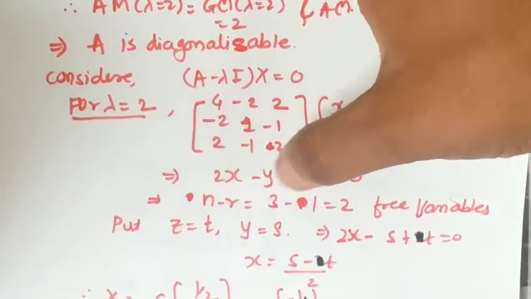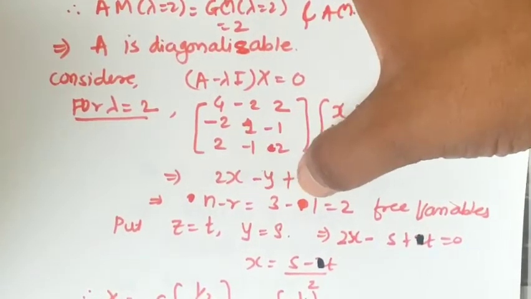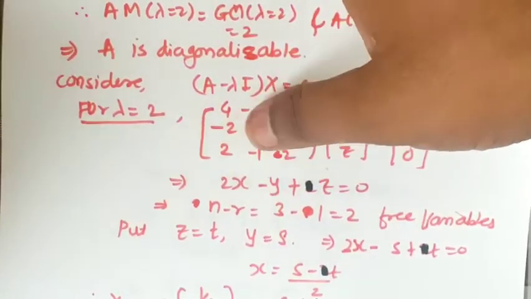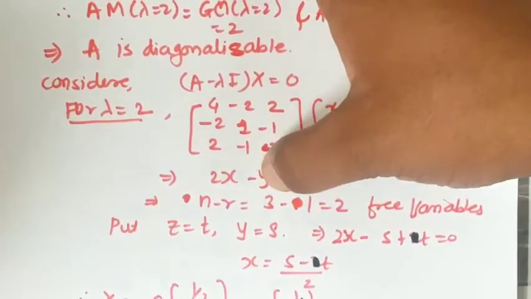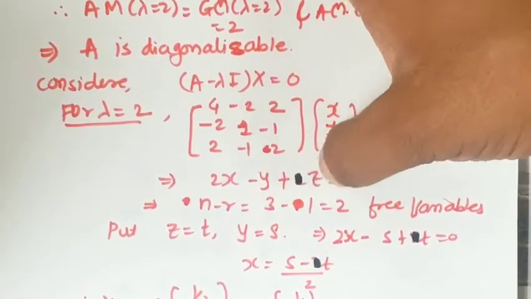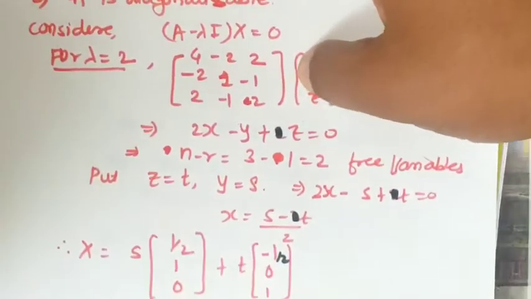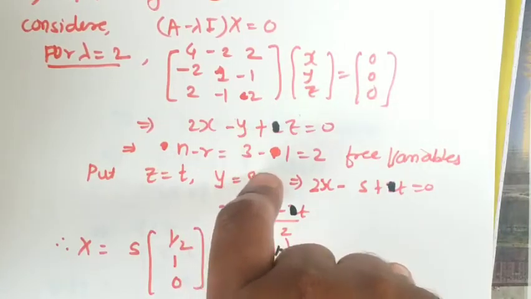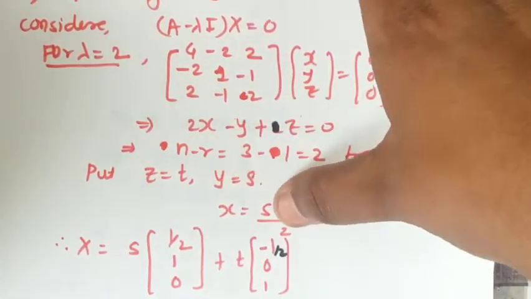This r you can call the rank or the number of equations. The number of equations is 1 and the difference 3 minus 1 is 2. So 2 variables out of 3, we are going to assign different parameters. If we get 2 equations, meaning if the rank is 2, in that case 3 minus 2, one variable will be put as a free variable. So here the difference is 2, hence 2 variables we are going to put free. We are going to assign some parameters. So first we'll assign to the last variable z equal to t, and then to the variable y we'll assign the parameter s. So we'll get from that x equal to (s minus t) by 2.